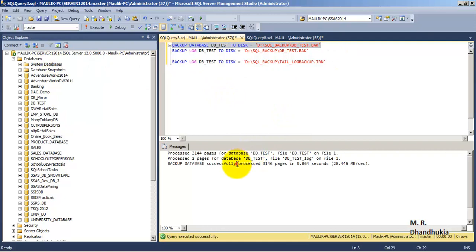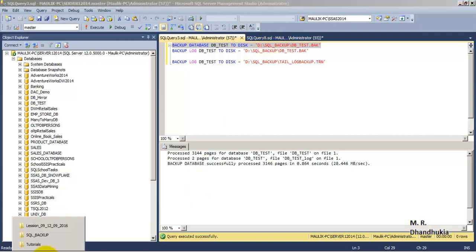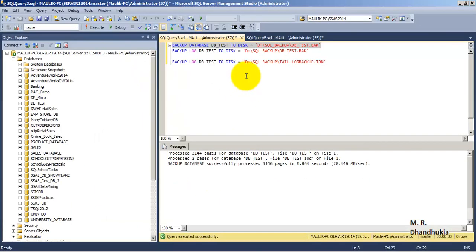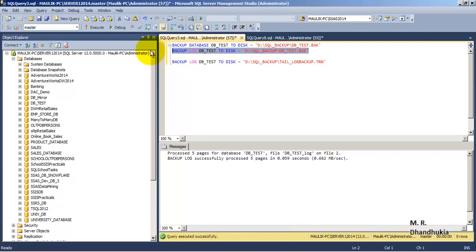Okay, so the backup has been processed successfully, and it has been put in the D SQL backup data folder. So let us go in that folder. So now the backup is available. Now let us similarly back up the log for this particular database, and that has also been added to the